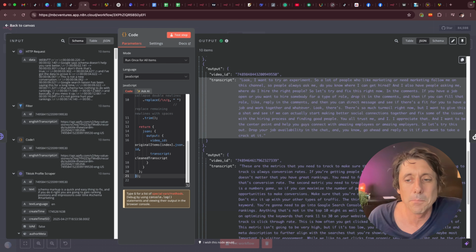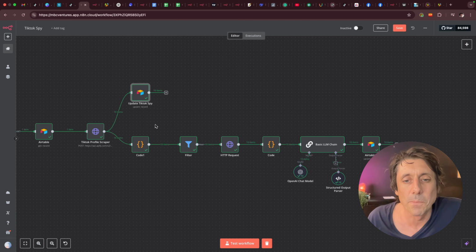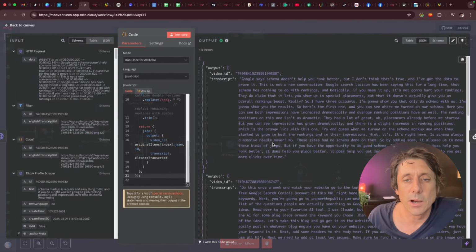So that's great because I can map it back to Airtable. Because you remember earlier in the step here, we mapped everything back to Airtable. So I want to be able to map this clean transcript back as well when I'm done. And in order to do that, I need to know what video URL, video ID to map it back to. So now that I've got a clean output here,